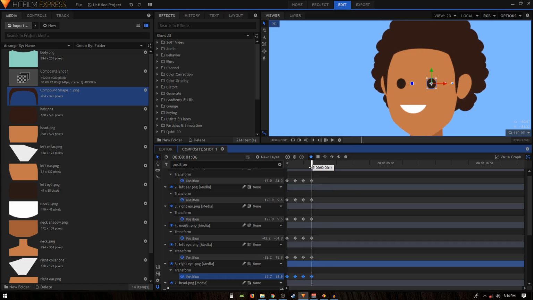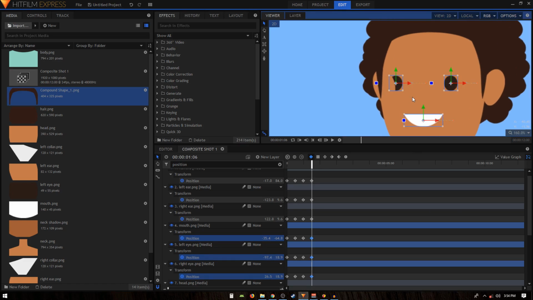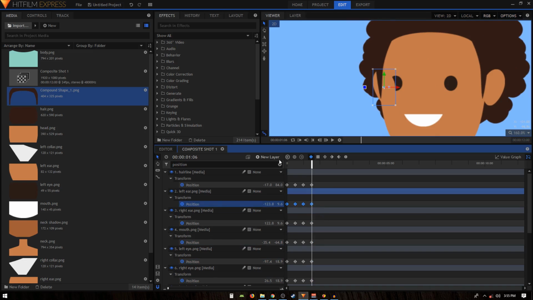Okay, you know what, let's just copy back these keyframes. So I can just copy the mouth, the left eye and the right eye keyframe, and copy and paste them over. So now they are at the center. I'm going to select all these layers and just drag them to the left, so I want them to look to the left. We can see that the ear is overlapping our eye. So to fix that, we can just simply